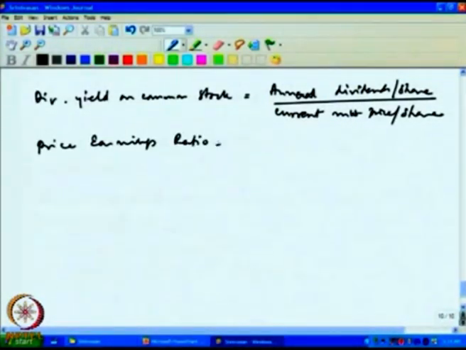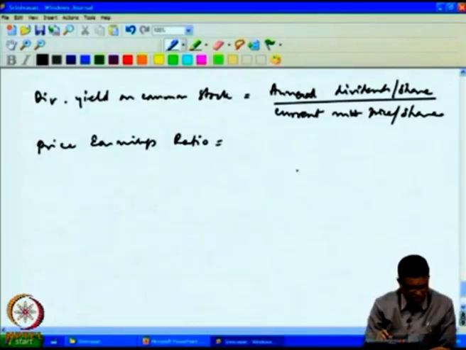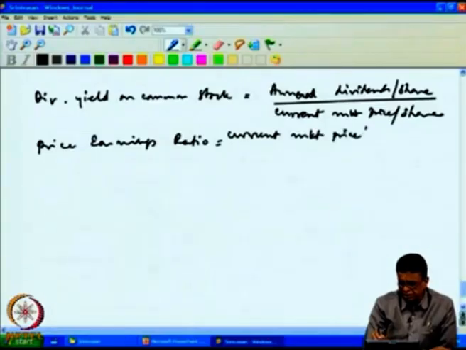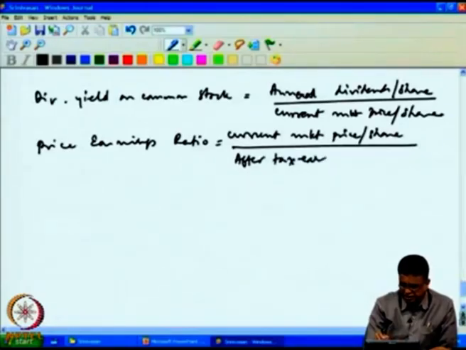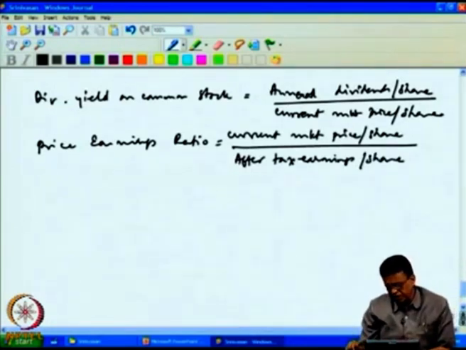Price earnings ratio. How do you calculate this price earnings ratio? It is calculated by the current market price per share divided by the after tax earnings per share. So, suppose your earnings,